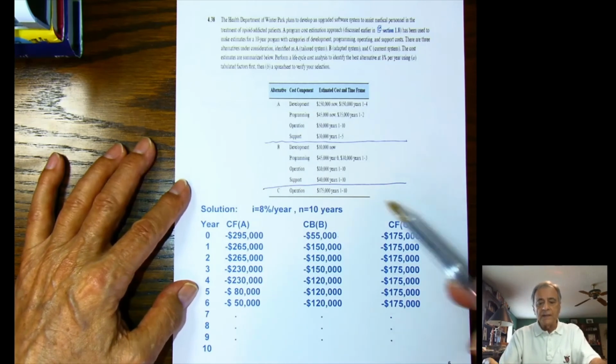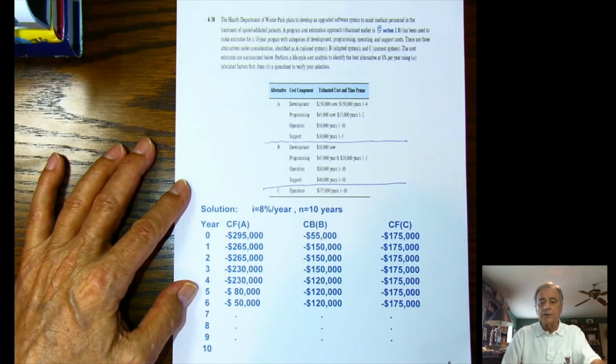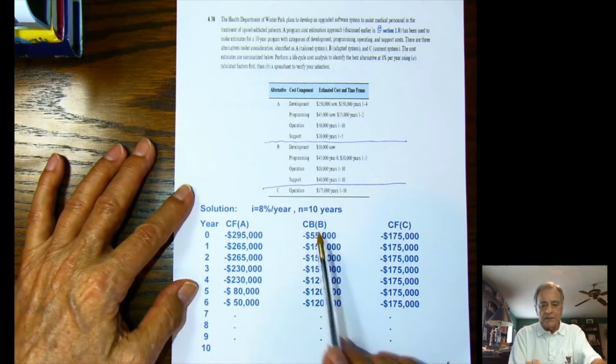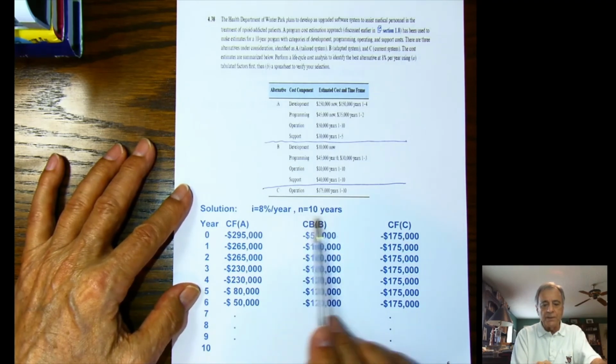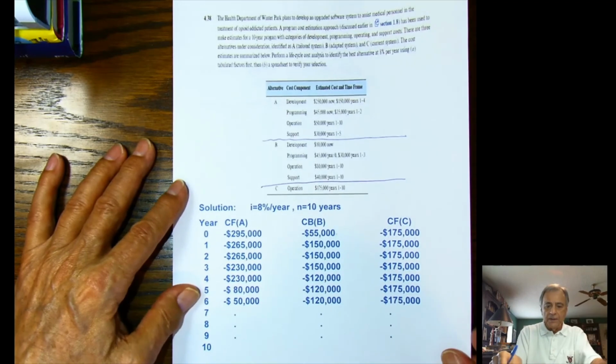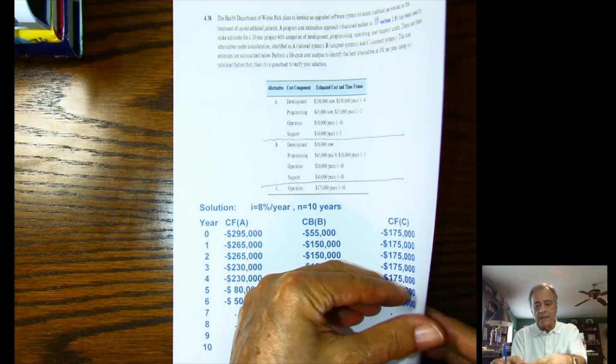And then finally, System C is just 175 all the way, all 10 years. So we need to find the present worth of all of this stuff for the 10-year period at 8% per year compounded annually. So basically, I wrote the equations for that,